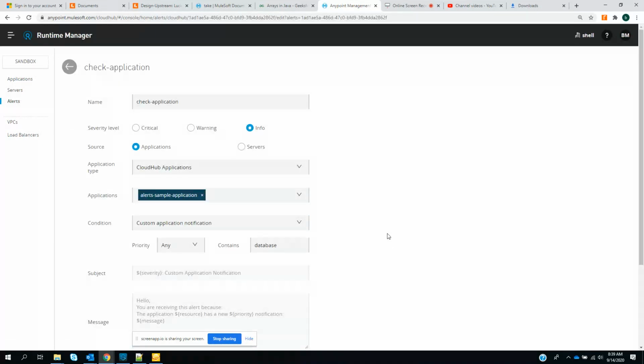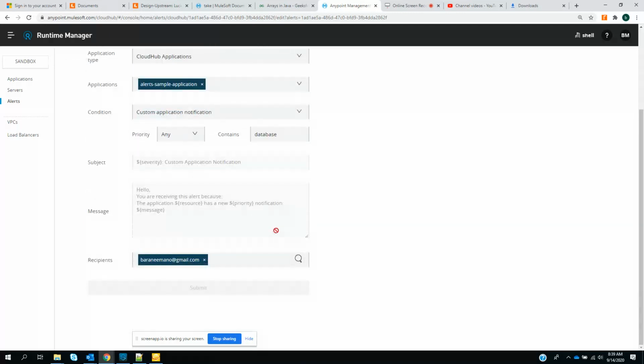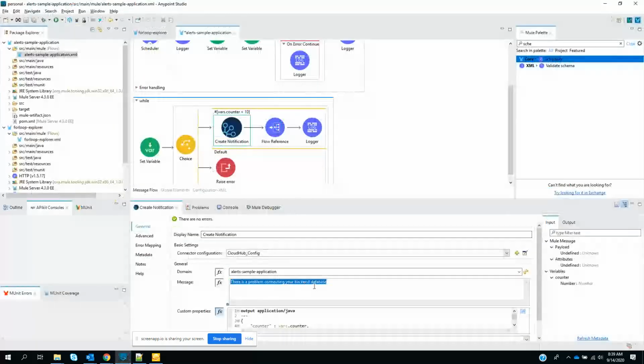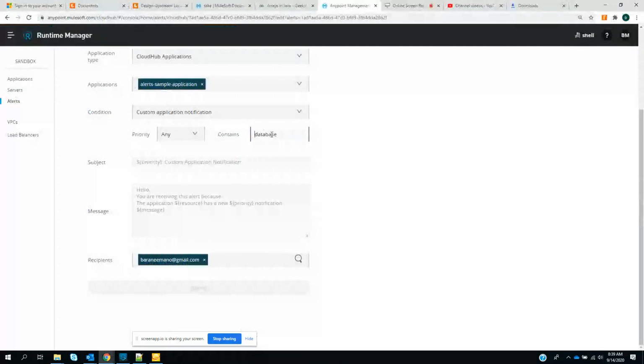It's going to check the entire notification we are sending, and we're going to see if the condition contains database. If there is a database in your alert, for example, it is here. It is the last word I have added. If this text is found in your alert, then it's going to shoot an email to this